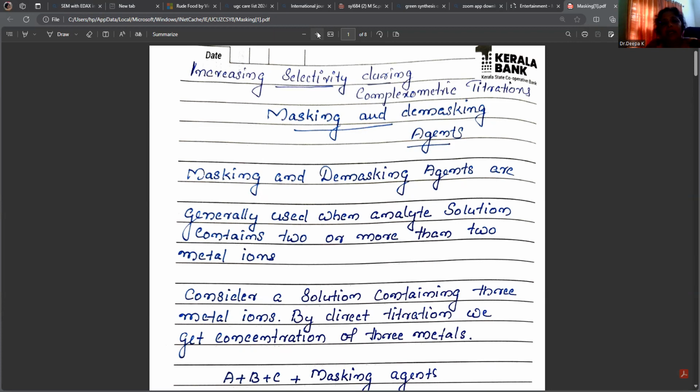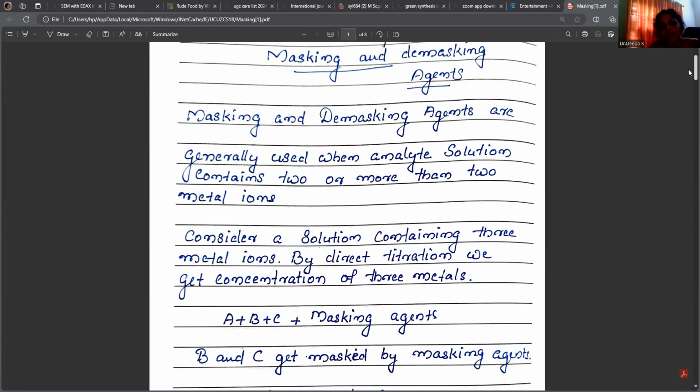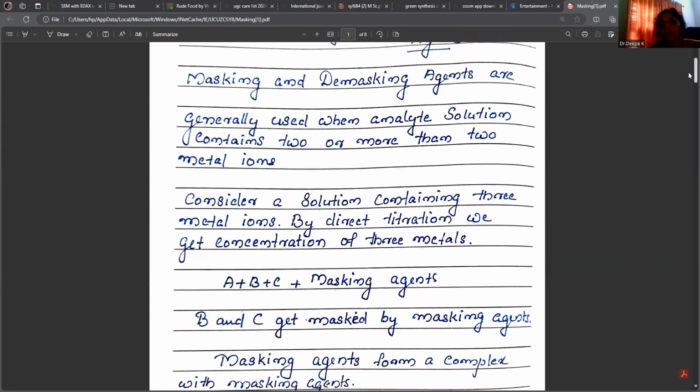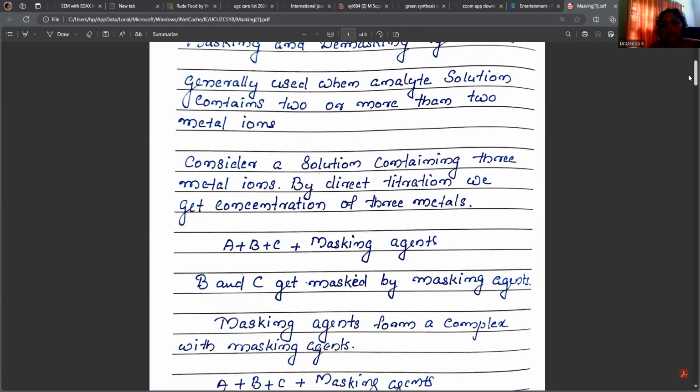Masking and demasking agents are generally used when the analyte solution contains two or more metal ions. Consider a solution which contains three metal ions, suppose A, B, C. By direct titration with EDTA, in complexometric titration, we can determine the concentrations of the three metal ions together. But if we are using a masking agent,